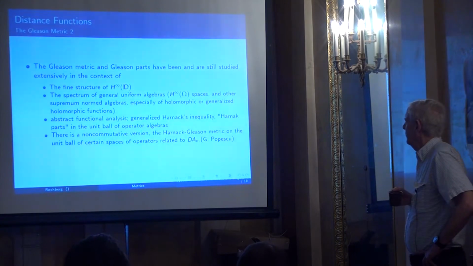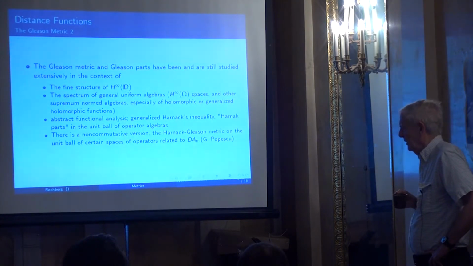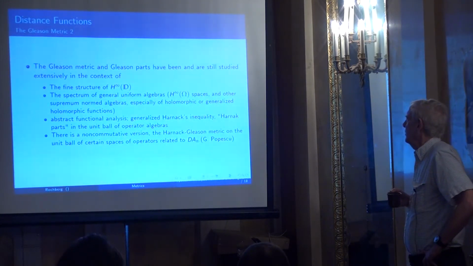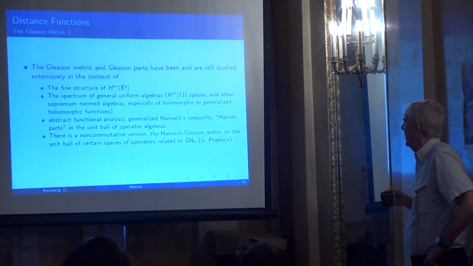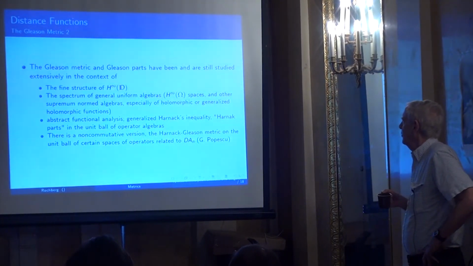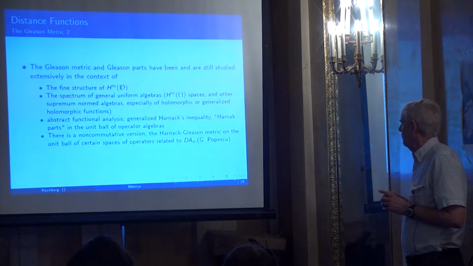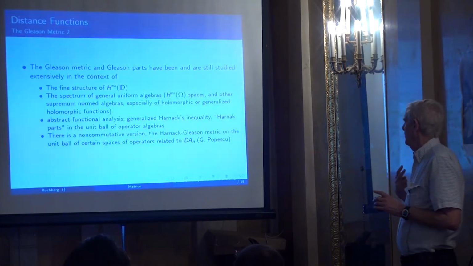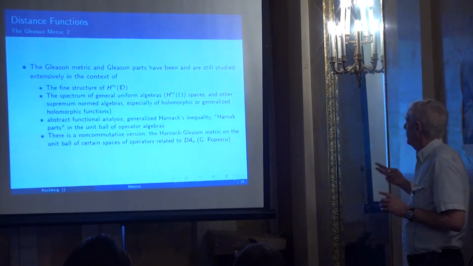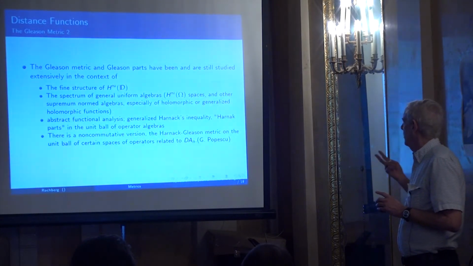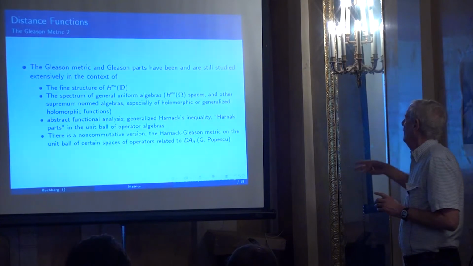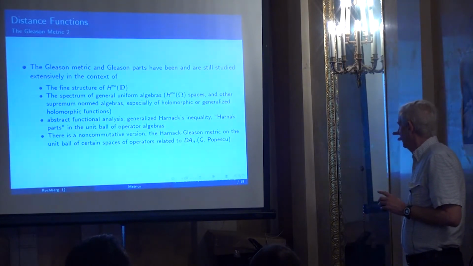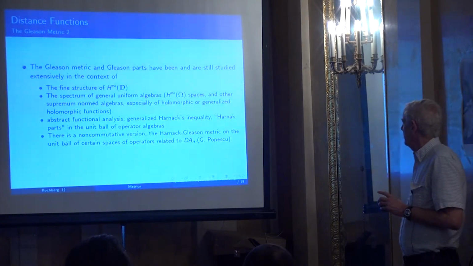It's some sort of generalized Harnack's inequality. And there are studies of the analogous generalized Harnack's metric where you put away the issue of Banach algebras, and you just take a vector space with certain additional structure, and you study metrics that you can build using Harnack's inequality,